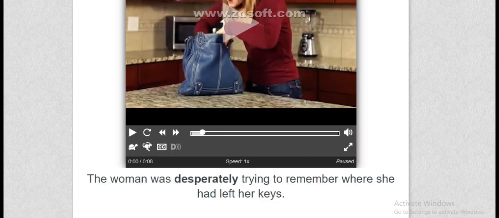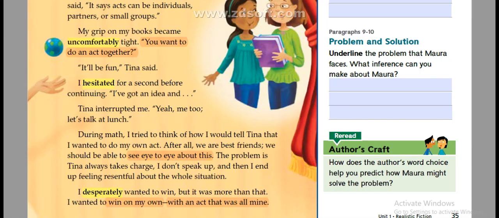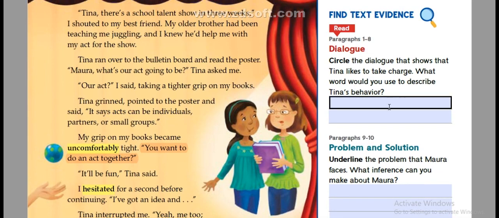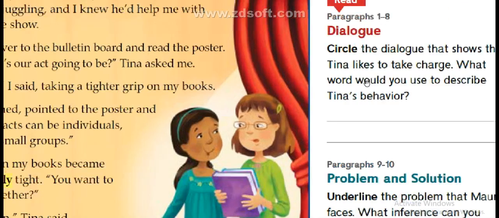Okay, now let's move on to our reading lesson. Since now we remembered what we read last time and we remembered the vocabulary words that we took last time, we're going to start and do these questions. We didn't do them in class, so we're going to do them. They are easy and you're going to help me find the answers. So let's start with the first question,